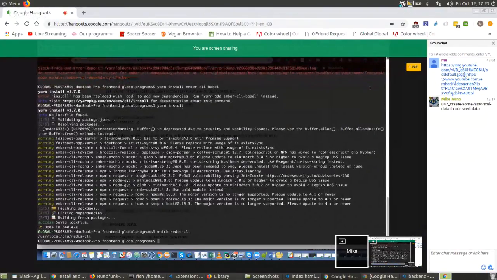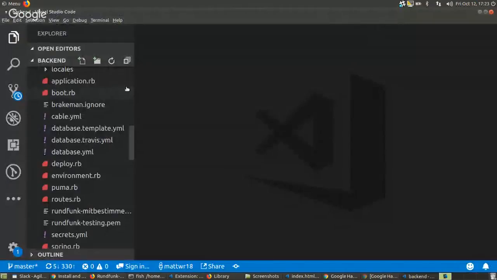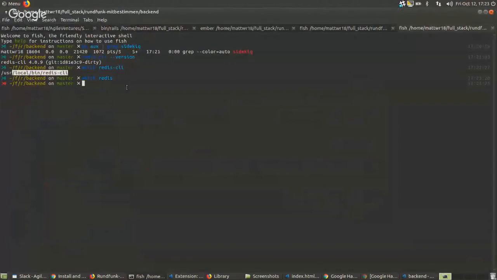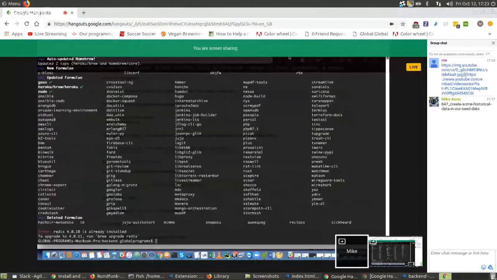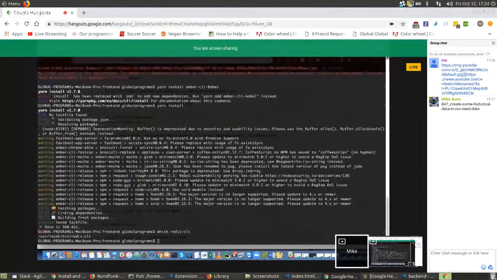Okay, so you do have Redis CLI, and yours is at user local bin Redis CLI, and mine is at user local bin Redis CLI as well. Good. So then you could do things like Redis CLI version. That was telling you that it's already installed, right?